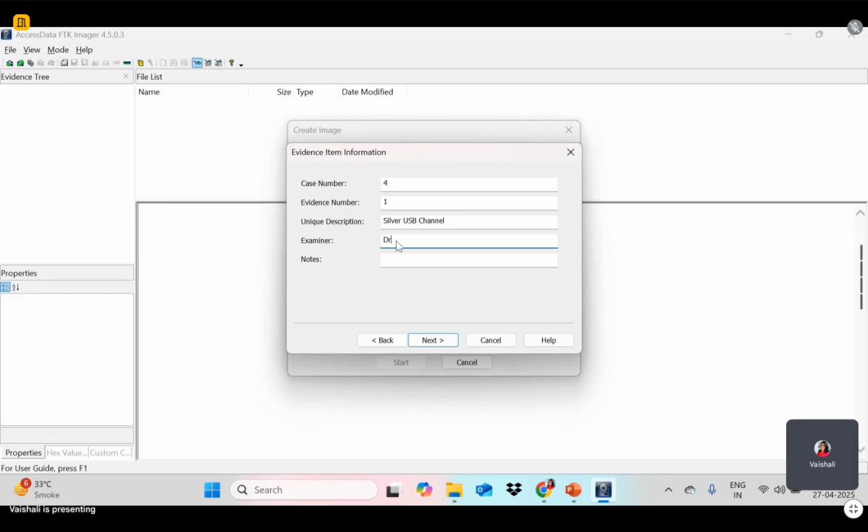Okay, this is the examiner, so I'm writing my name. You can write your name, and this is the note. So maybe this is the evidence of a particular crime, or if I'm writing, this is a murder. You can write more information with respect to the evidence, and then click on